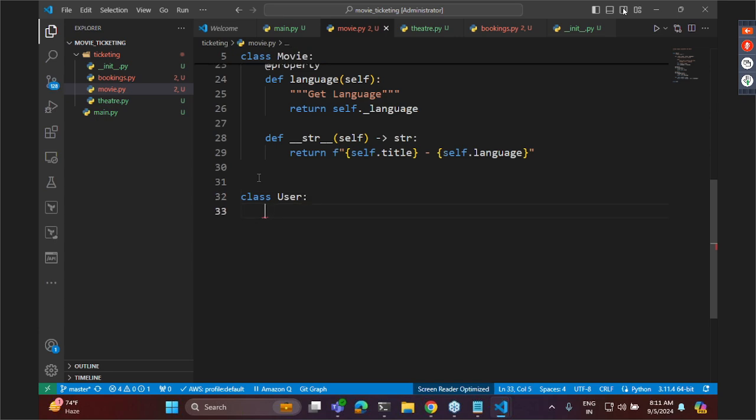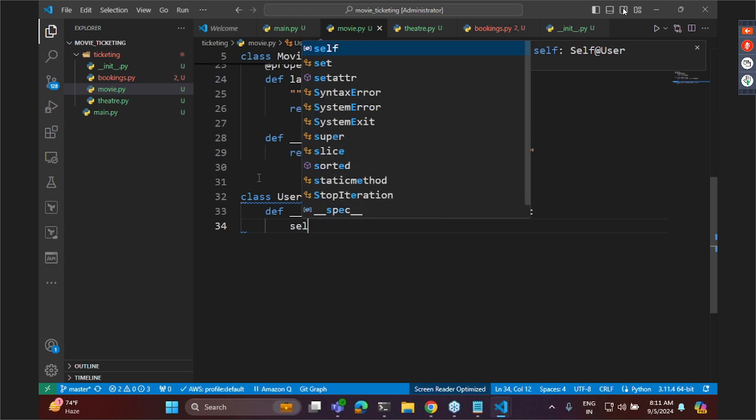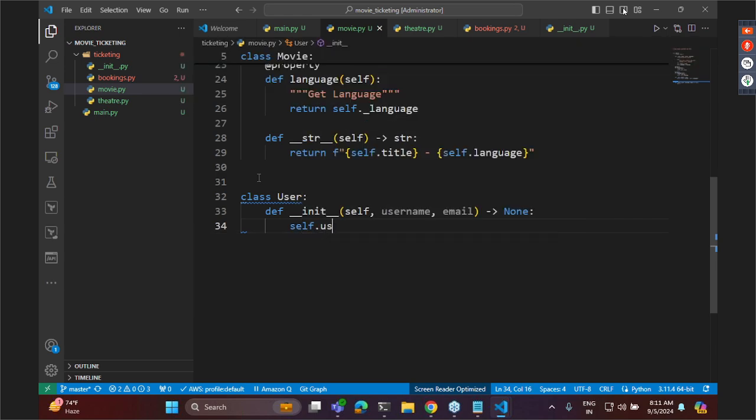In all of this, there is one thing which is important which you have missed. User. Okay, right. So define double underscore init. Let me try to user... Right. So username and email. So self dot